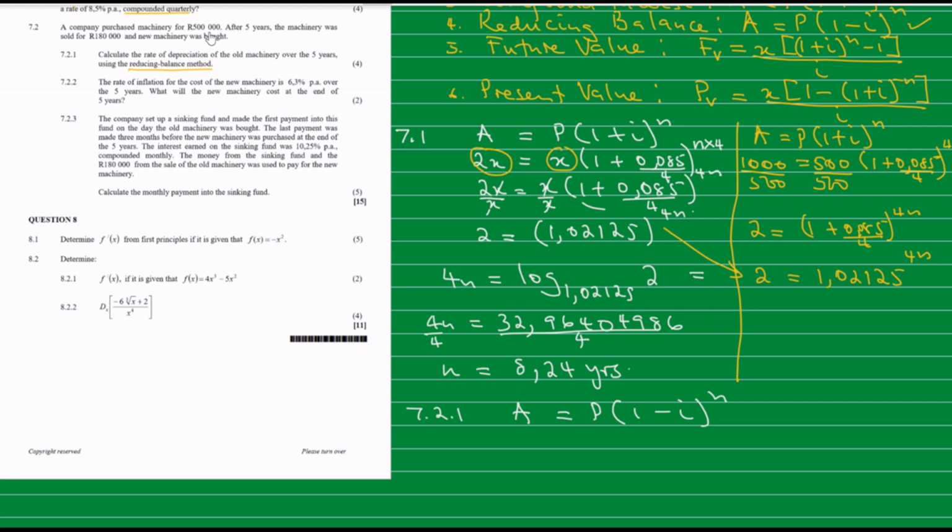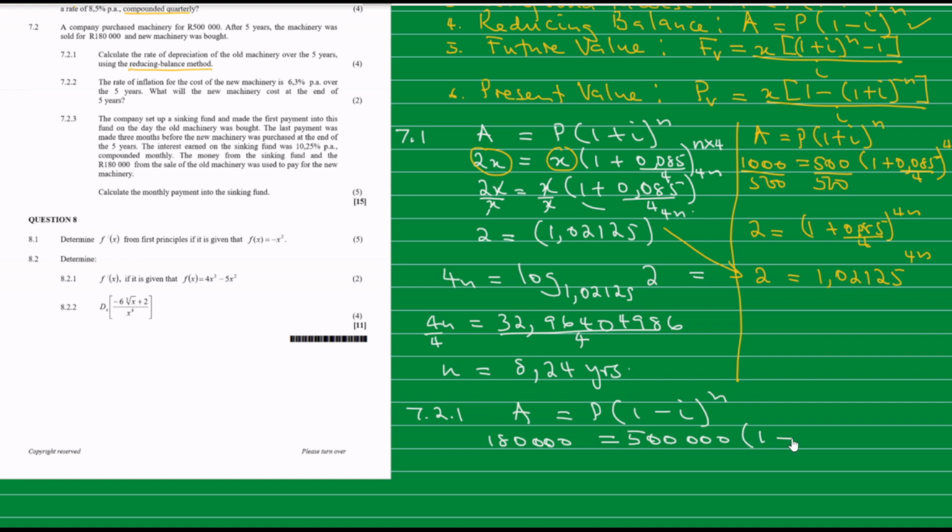After 5 years, it depreciated to 180,000. So 180,000 is our A value, which is the final amount. So we have here 180,000 will be equal to the principal amount, which is the starting value, the initial amount. It was 500,000. So put in 500,000 here